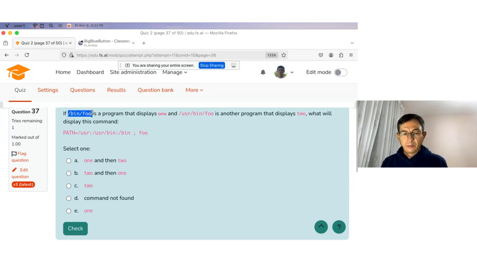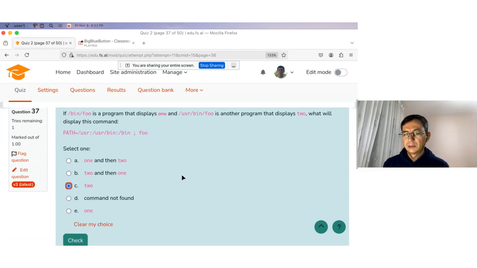If /bin/foo is a program that displays 1, and /usr/bin/foo is another program that displays 2, what will this command display? PATH=/usr/bin, and then we execute the command foo. So what do you think will be displayed? 1 and then 2. C, number 2. Why C? Yes, because